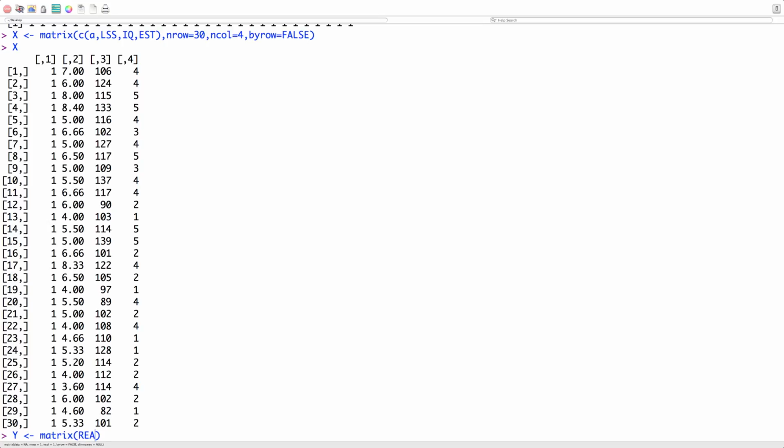My Y matrix will be just read. So n row will be equal to 30, and n column is equal to 1. And again, byrow equals